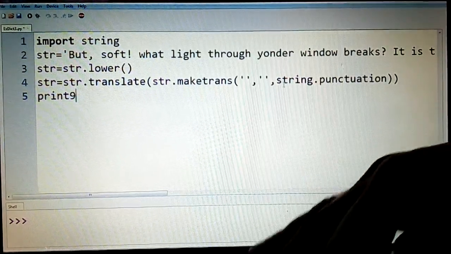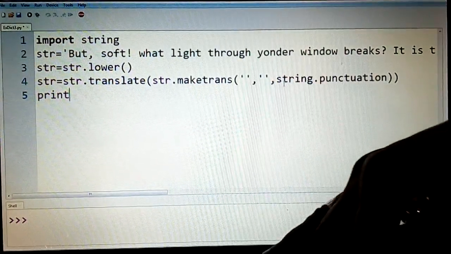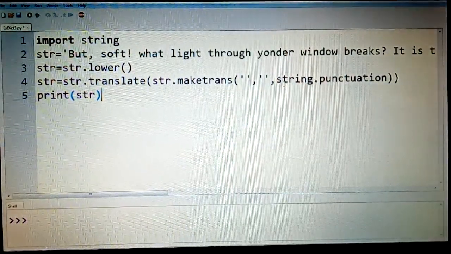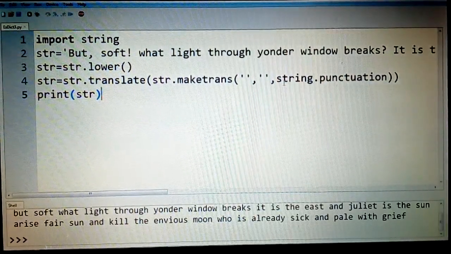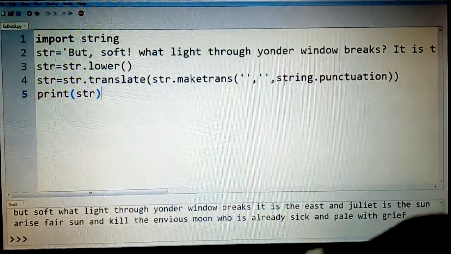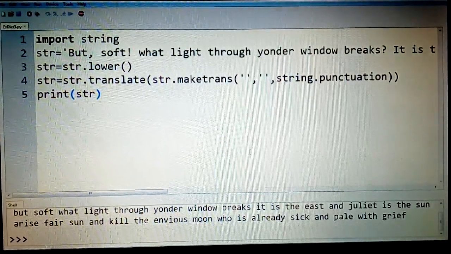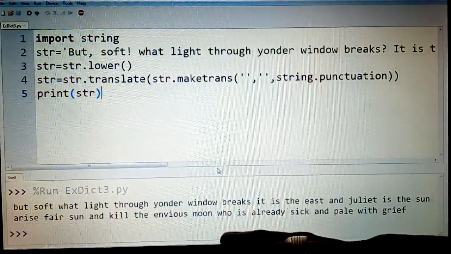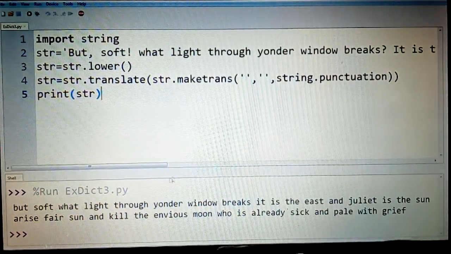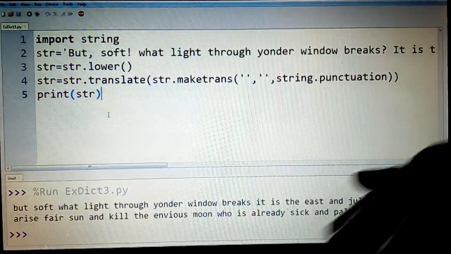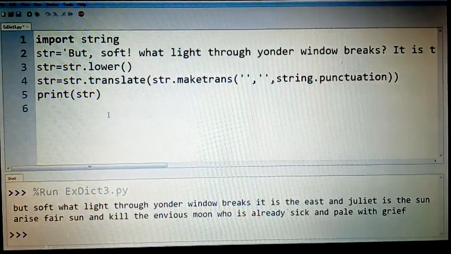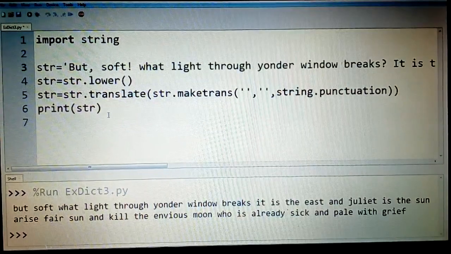And let us just check what happens with this str. I print it, and now what I get here is the entire paragraph after removal of all the punctuation marks. But this is only half of the problem that we have solved here. Now we'll try to add all these to the dictionary. Now we need to define a dictionary, so let us take an empty dictionary here.